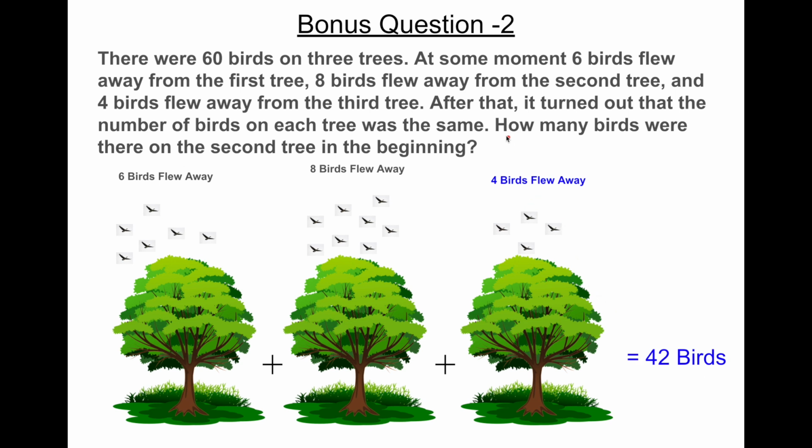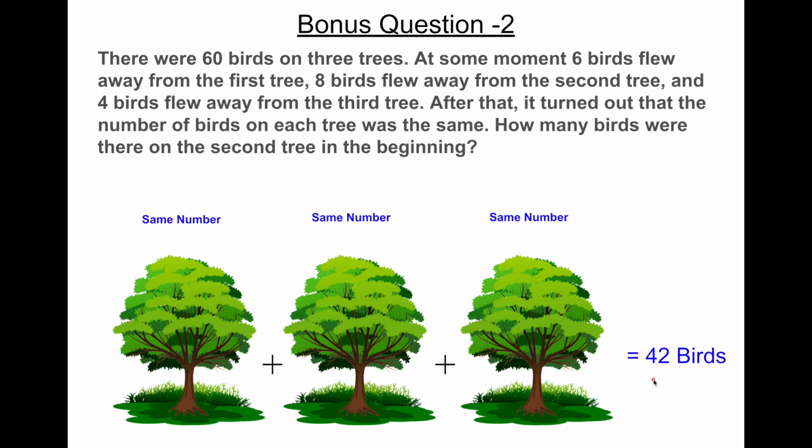Now the second clue. After that, it turned out that the number of birds on each tree was the same. So all these 3 trees have the same number of birds left now. So that means we are talking about equal distribution of 42 birds. When we talk about equal distribution, we talk about division in maths. So 42 divided by 3 gives us 14